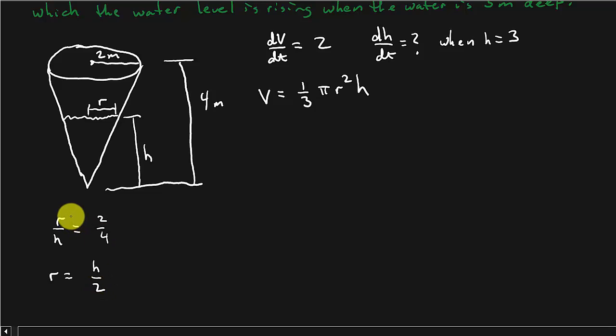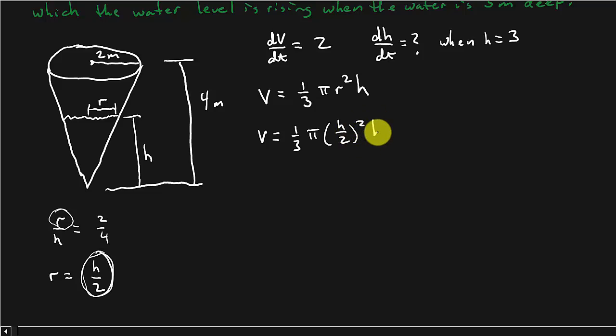So remember, I want r in terms of h, just like I have here. And I'm just using similar triangles, okay? This radius over this height is equal to this radius over this height. They're proportional. All right. So what that does is that tells me the volume is 1/3 pi times h over